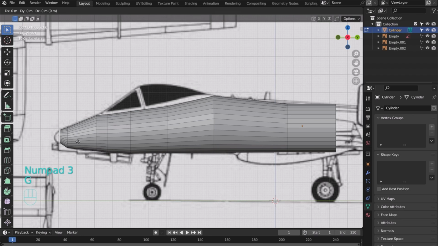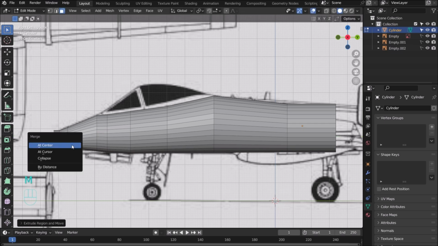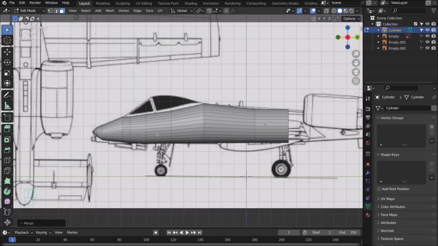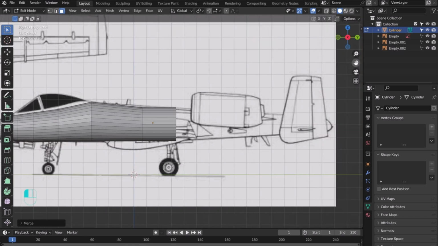Something like this is fine. Then final E, Y to extrude like this. Then M to match at center. Alright, that is fantastic. Then the next one here,